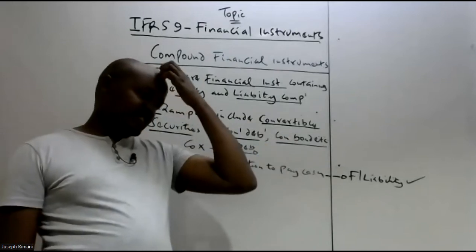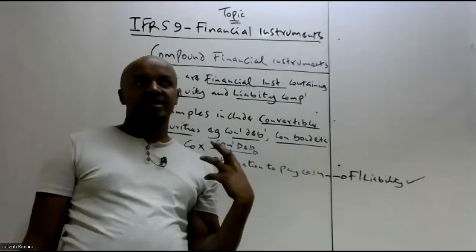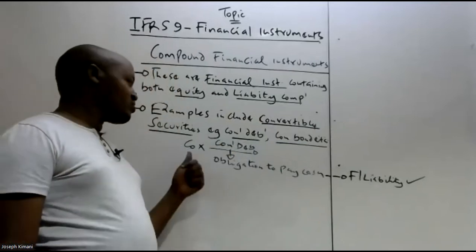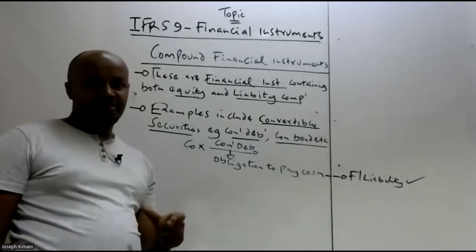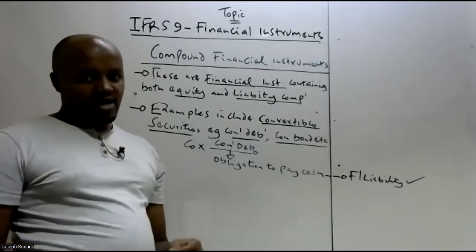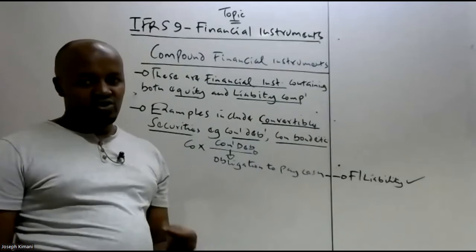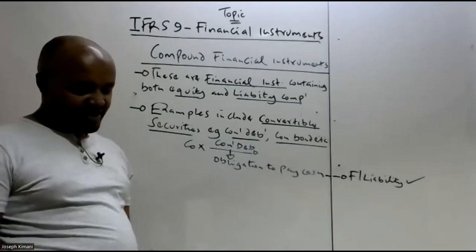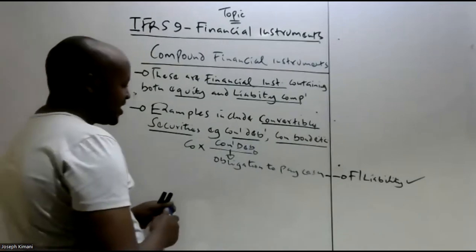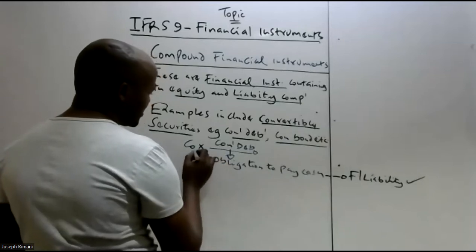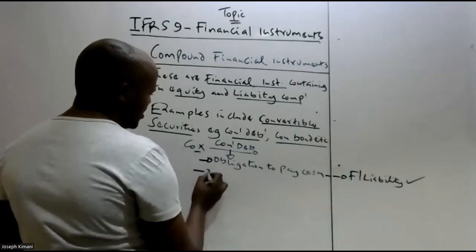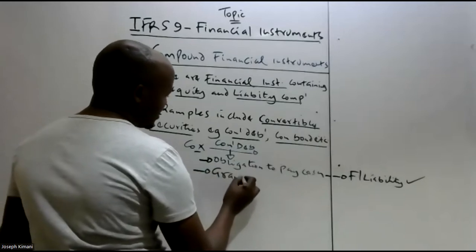Once you convert them, the company will have to issue you with shares. And once the company has issued ordinary shares, it automatically gives rise to equity. So therefore, other than these convertible debentures requiring this company to pay in cash, we also say that they grant